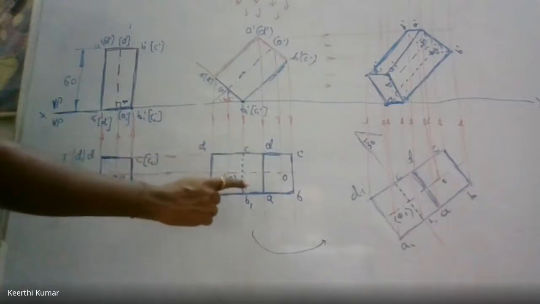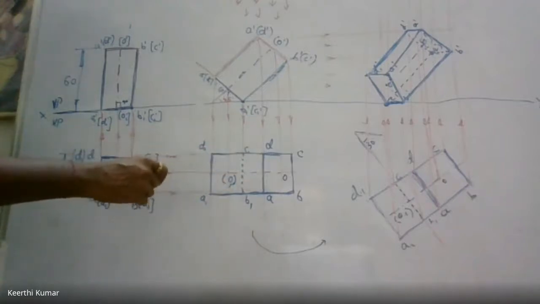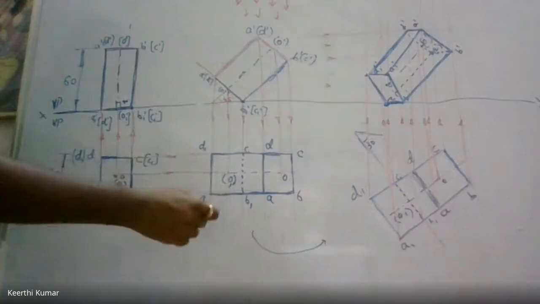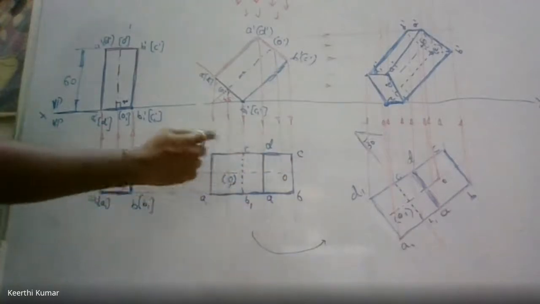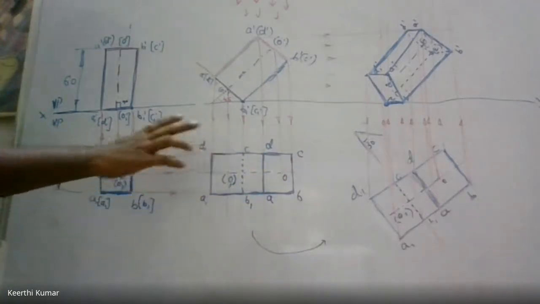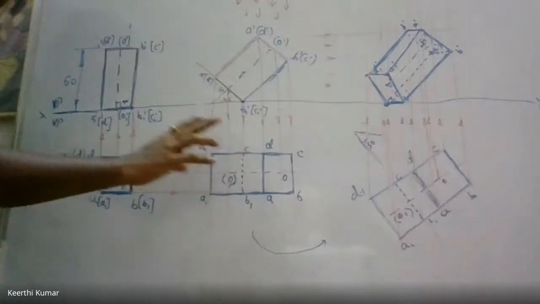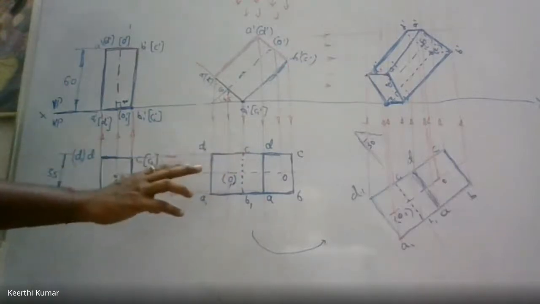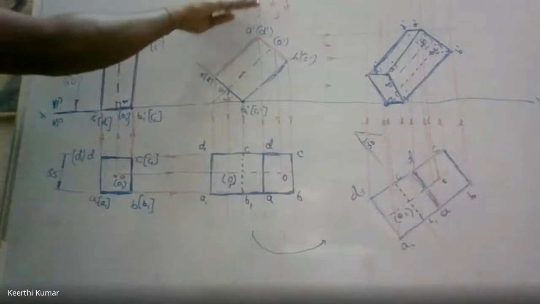Connect the outermost points. Then remember the connectivity, connecting order A to B, B to C, C to D, D to A. You check out whether everything is connected or not. Something will be left out. Definitely, for all the problems, something will be left out. You check out what is left out with the connecting order. That you should observe from the top.